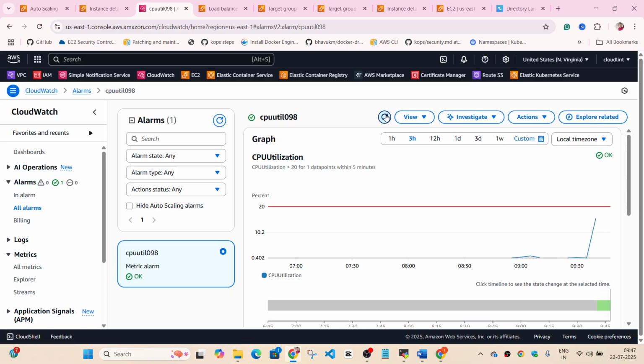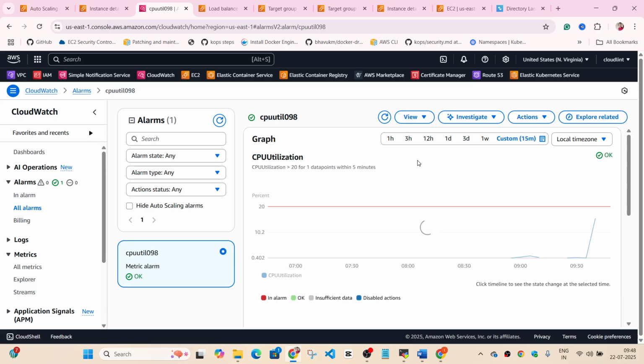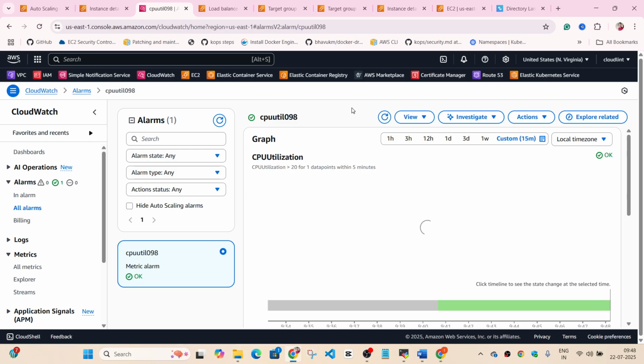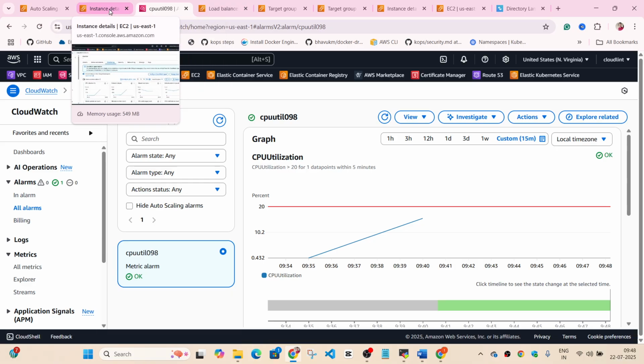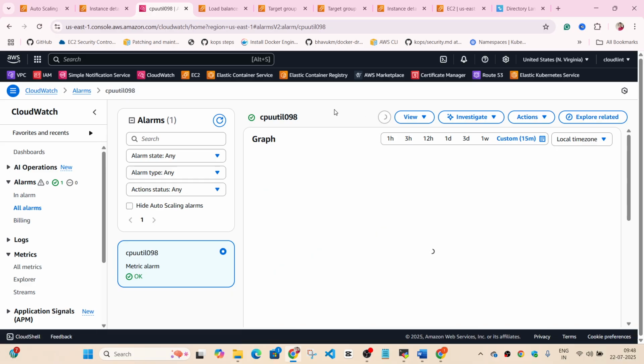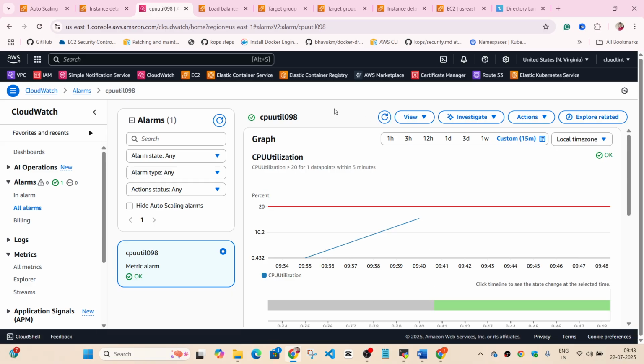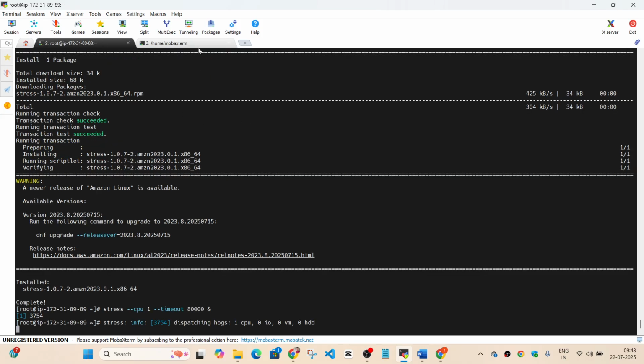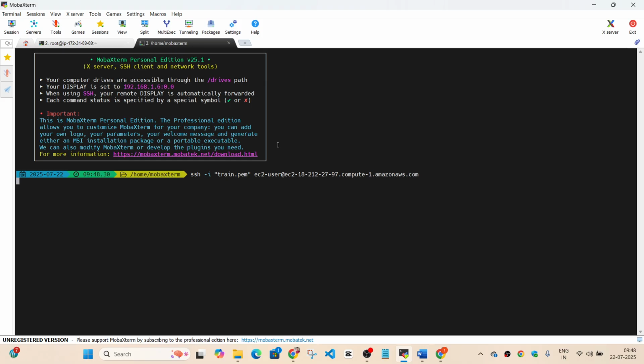So it has to reach this point. What we can also do is run another test to increase it further, or we can check the status first.